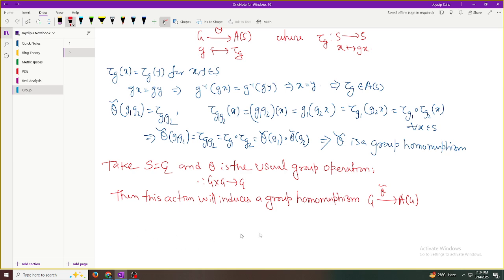What is the kernel of theta tilde? Kernel of theta tilde is those g belonging to G such that tau_g equals identity. Now tau_g of x equals x for all x belonging to G. Tau_g equals identity if and only if